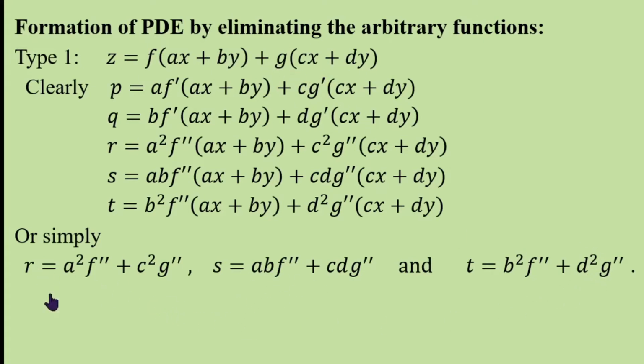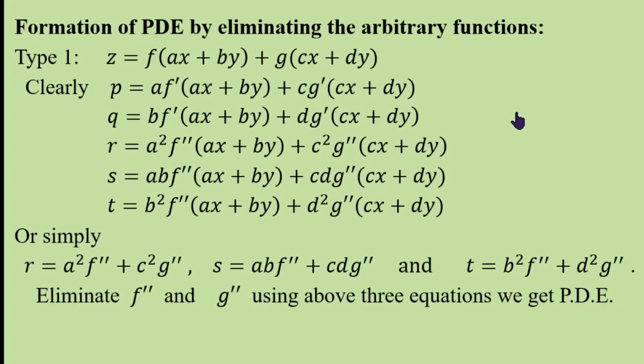And using these three, r, s and t, substitute one in another equation and eliminate f double dash and g double dash. That is how we can form the PDE for the problems of the type z equal to f of ax plus by plus g of cx plus dy. Here no need to learn by heart the values of a, b, ax plus by, cx plus dy, that is not required. So immediately you can find r, s and t, then eliminate f double dash and g double dash to obtain the PDE. Examples: